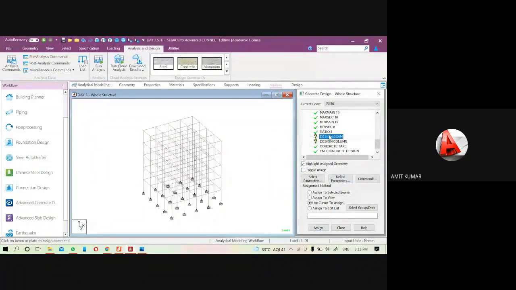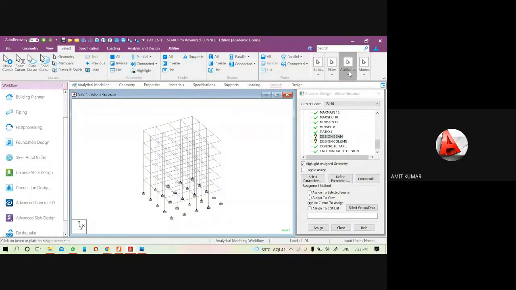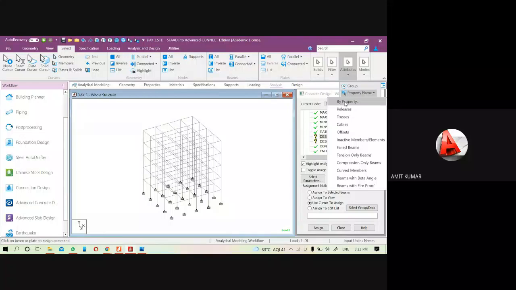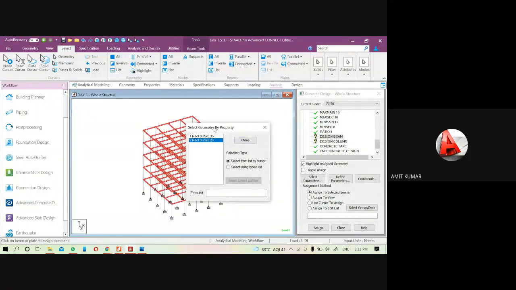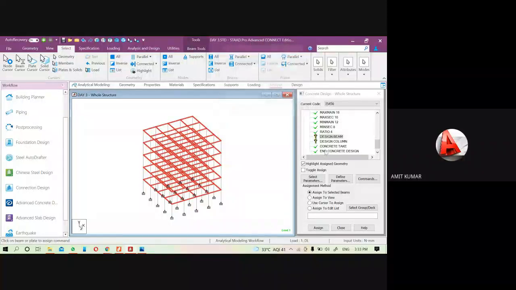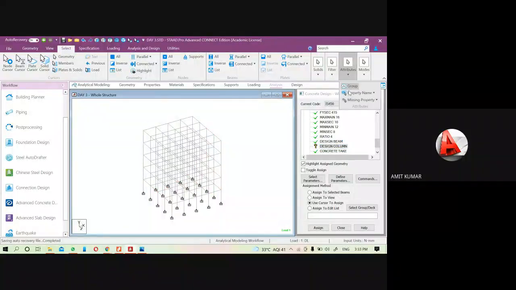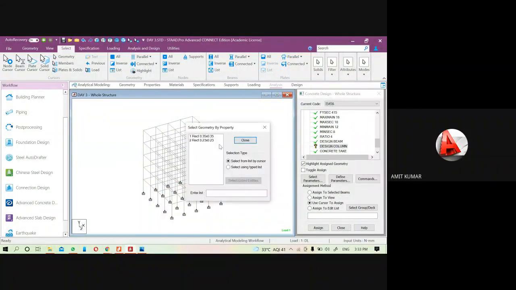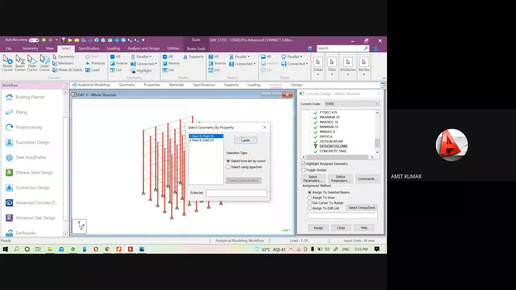Now come to the design beam. For the design beam, we have to select the members by this method. So we can select it from here also. And for the column, again by the property name, that is 0.35 by 0.35.